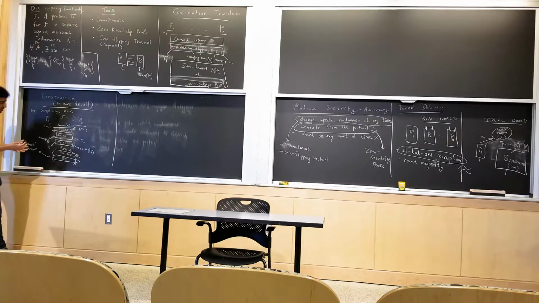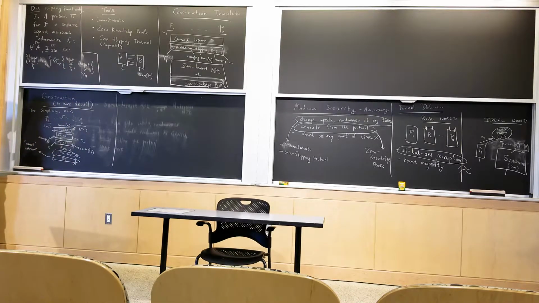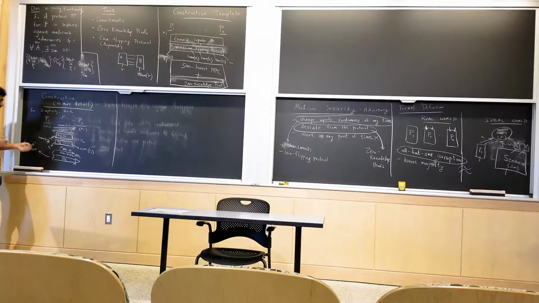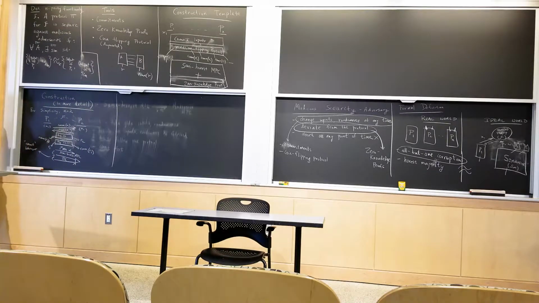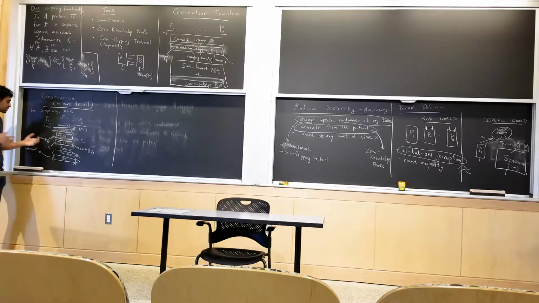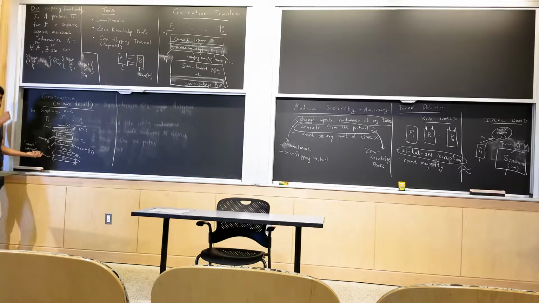And you can actually use a zero-knowledge protocol because proving correct behavior of a party can be expressed as an NP relation. Why? Every party is supposed to execute an algorithm, the next message function, on some input, and it gets some output. What does deviating from a protocol mean? Instead of using this algorithm A, it uses some other algorithm B. So it needs to prove that it's using this algorithm A on this input to get this output. And this can be expressed as an NP relation.